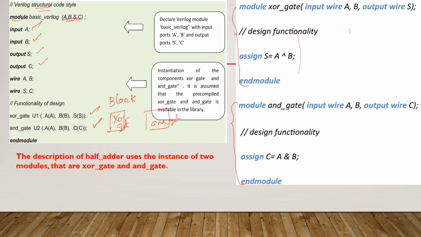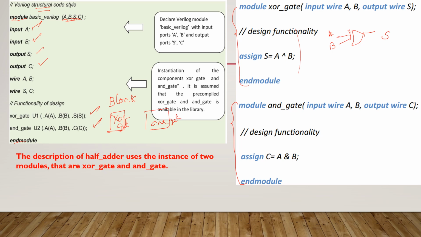Actually, you know the structure of your half adder, right? In this half adder, if you want to produce a sum, you need the XOR gate. So the inputs are A and B, the output is sum. So here I have to write the assign. It is the continuous assignment statement which can be used for the combinational circuit,